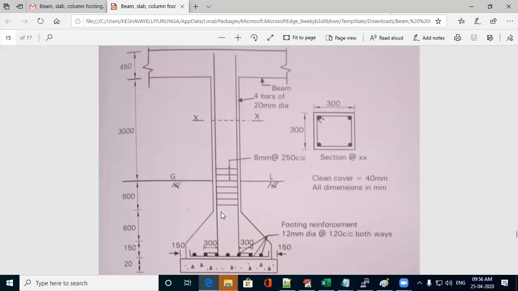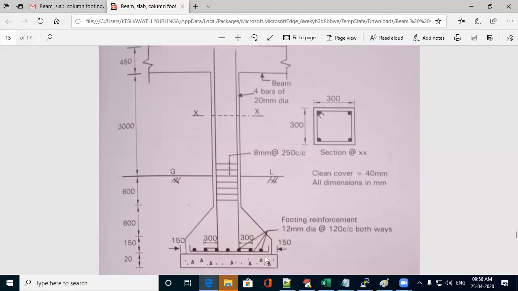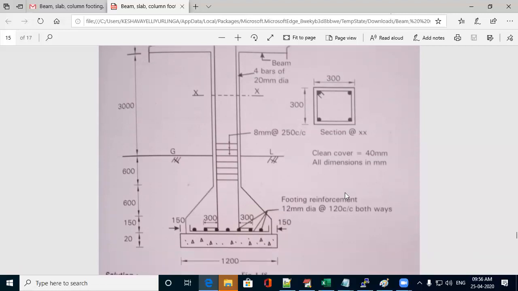First let us do the concrete calculation for the column footing. Footing part, you can observe this is of trapezoidal shape. We can do the calculation like this. First, let us work out the quantity for this rectangular part and then we can work out the top portion, which is of trapezoidal shape. To find this is easier. This is a square footing. Since the column is of square shape, even the column footing will be of square shape.